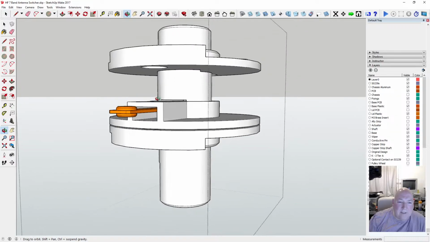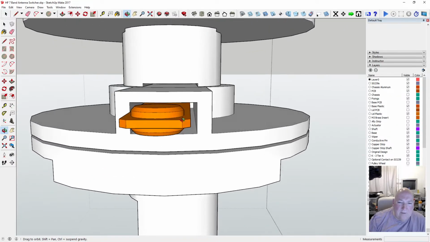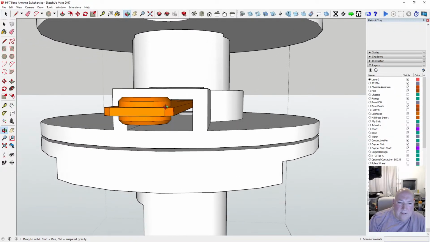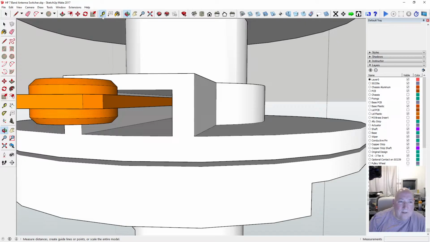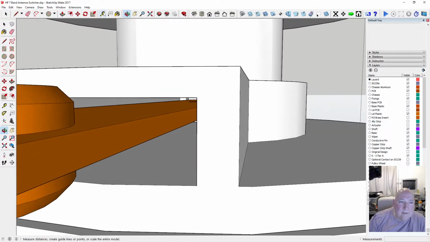Right, let's have a look at that. So that's not too bad there. Now, obviously, need to raise the floor a bit. We can raise the floor. Let's try and work out. So we want an equal distance between there. Hang on. Equal distance between there. Right.